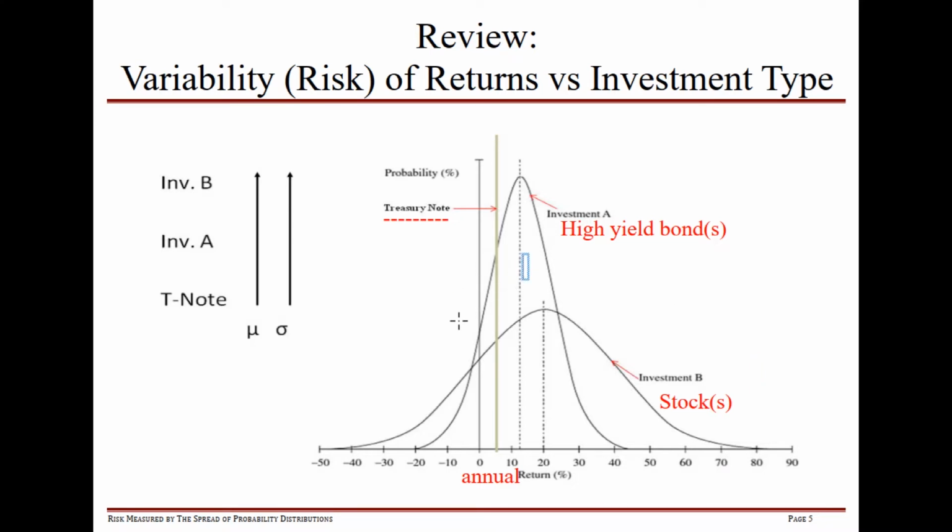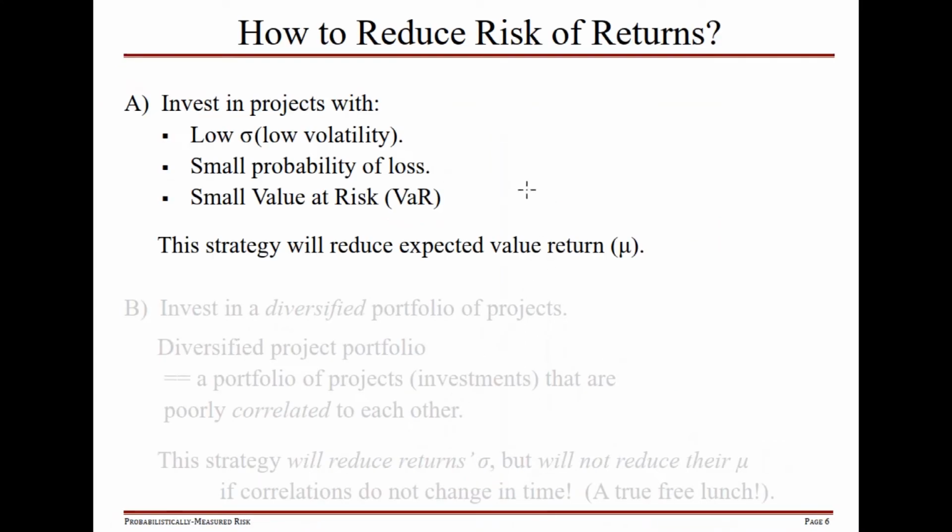Your risk is going to be measured by how big this downside tail is. How far can we go over here? And we can measure that by standard deviation, or probability of loss, or value at risk, or something like that. So let's formalize this a little bit on the next slide and think about how we could reduce our risk